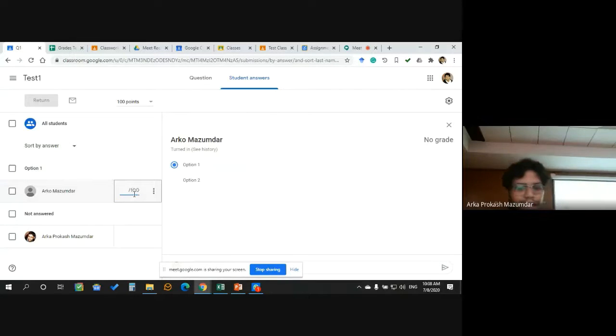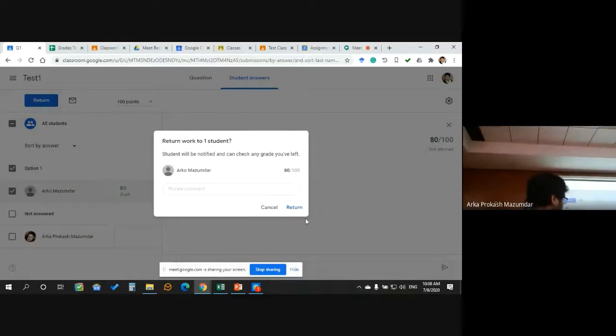Now, depending on that, you have to grade the student. Suppose you assign 8p, but just writing this does not assign the value. You have to click here and click return. When you return, only then does it get added directly to your grades. Once I click return, the student will be able to see what percentage we have given,